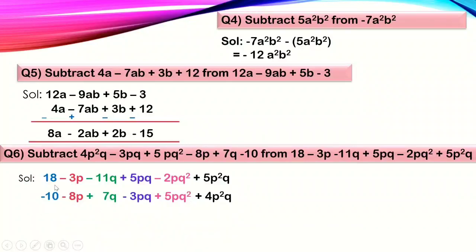So first I wrote the expression that needs to be written first, right? And then I arranged the second expression in the second row properly, carefully. So that is how I have arranged it. Please observe the terms carefully. I have used the same colors for the like terms, and observe the signs I have used over there.